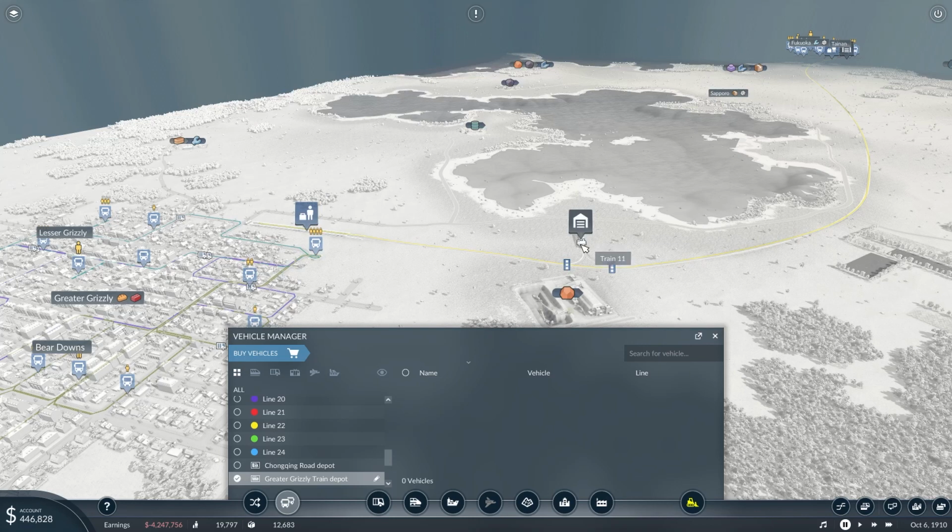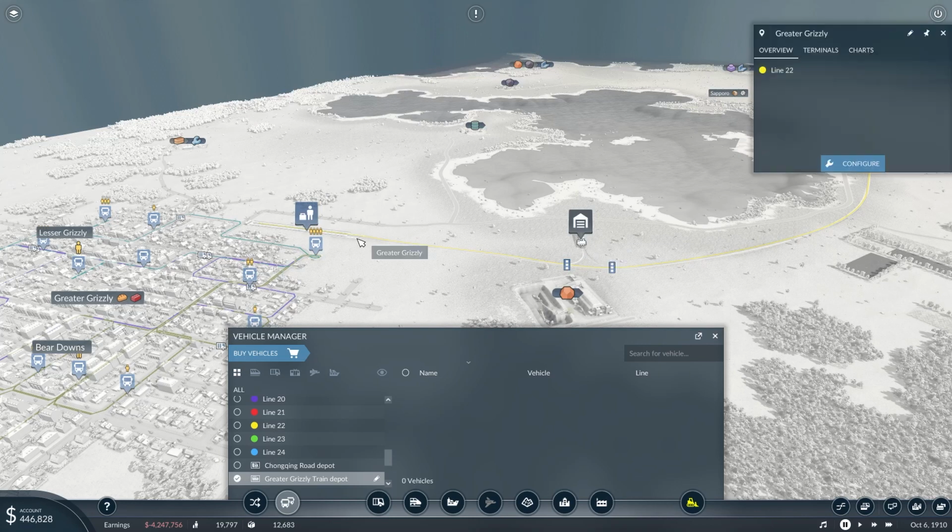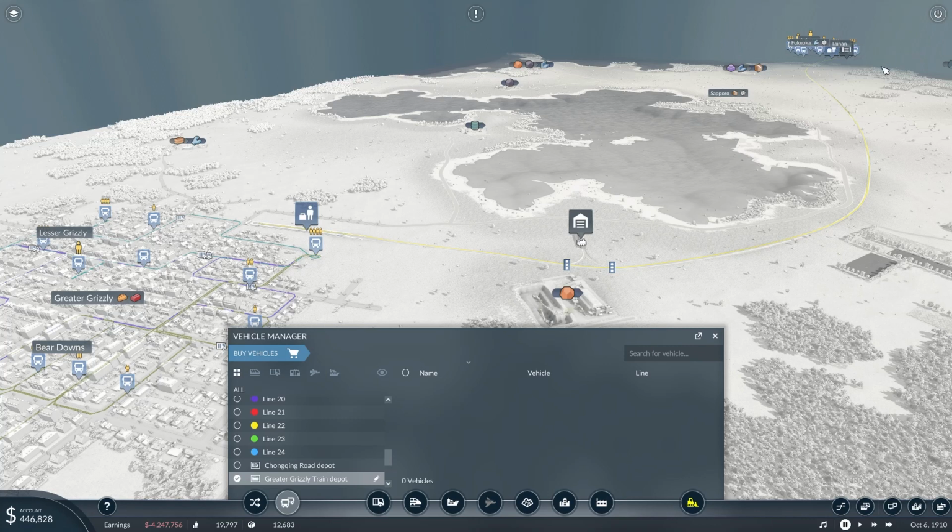All right, now he should be here ready to go. He's going to come out. He's going to take line 22. So we're going to join it. We've now got Greater Grizzly and Fukuoka connected. So we're going to get them going. All right. So let's